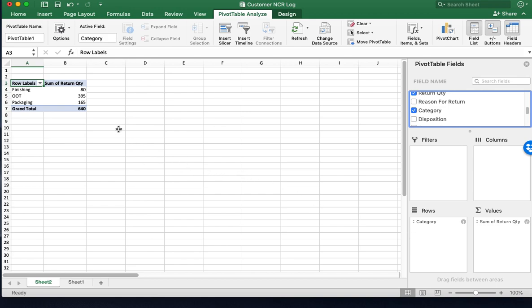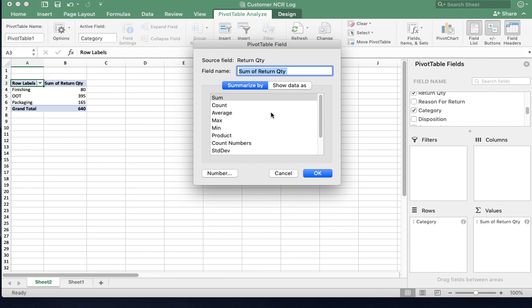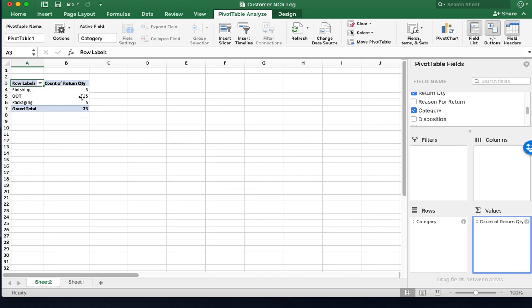Depending on your data, you could actually have really high sums, but really low actual counts, instances. And so you can change this from sums to count, and that will give you your instances. And now you can see that there's a greater discrepancy between it. Three shipments had issues with finishing, 5 shipments had issues with packaging, and 15 shipments had issues where they were